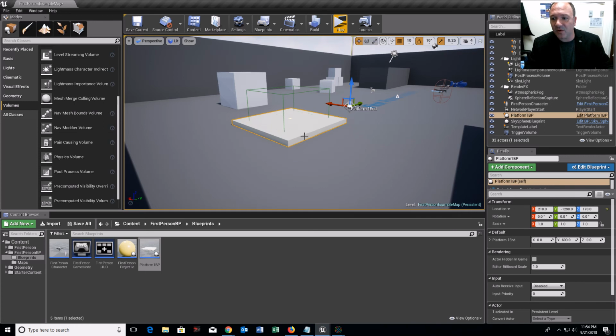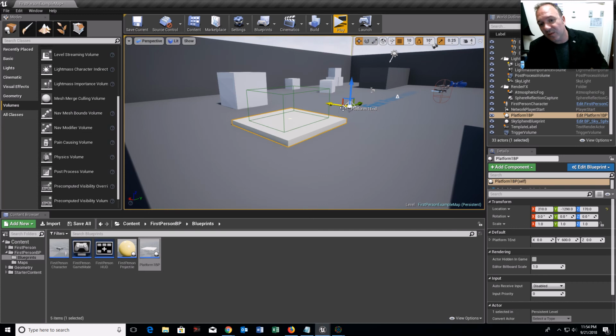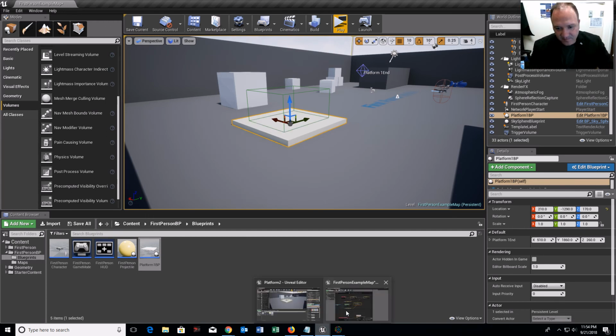If I want to move this platform to the widget, I'd have to add negative 1290 plus 600, and then it would move that over, right? So 600 units to the right, or in the positive. So I'm going to hit Command-Z. So essentially, what that means is I've got to add the widget's location to the platform location.